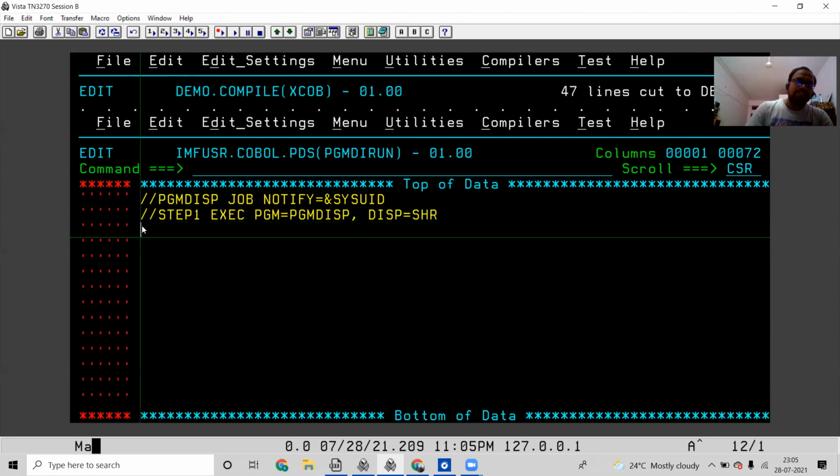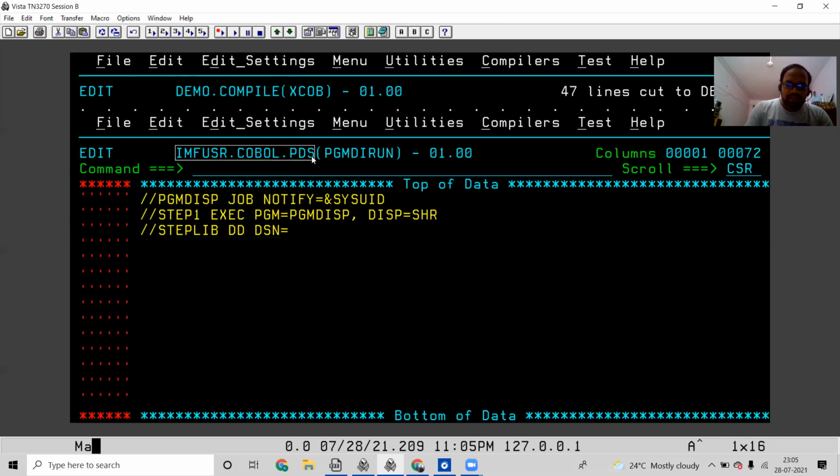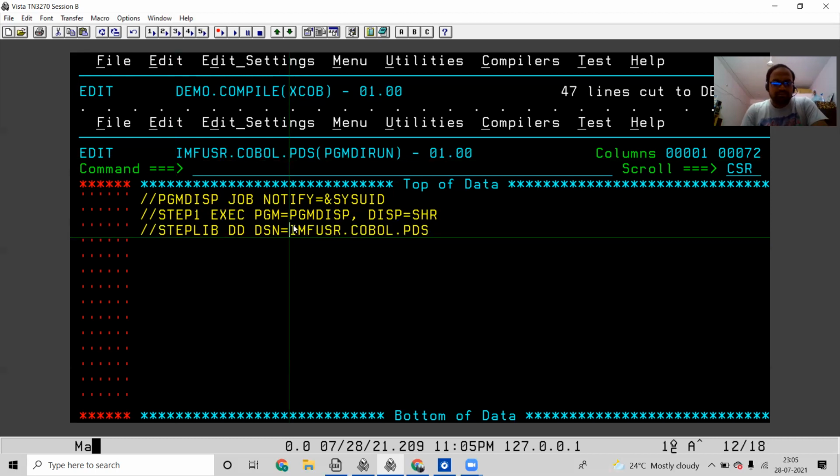And in the previous place, I have used the job lib. Now I am using step lib. We can use any of the things. Job lib will come under the job statement. Step lib will come under the step statement. Step lib dd dsn equal to, we need to give the load library name.